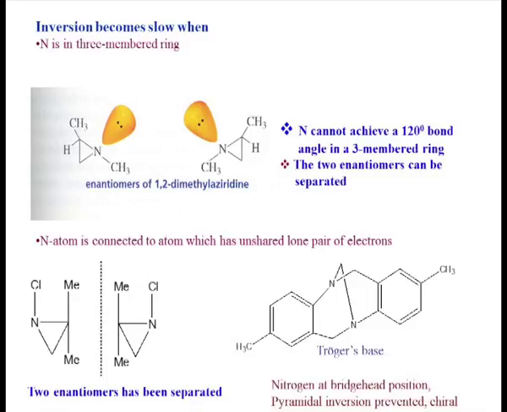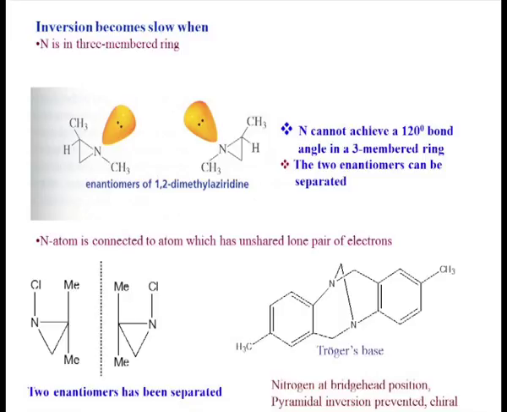That is, inversion becomes slow when nitrogen is in a strained ring, that is a 3-membered ring. In that case, unlike ammonia or substituted ammonia, the inversion will not be fast, but slower. Why? Because in 3-membered rings, mostly 60-degree angle, the Baeyer strain, as per Baeyer strain theory, will be very strenuous. So, to convert it to the sp2 hybridized form, because sp3 cannot go straight to the other sp3, it will have to pass through that sp2 form, sp3 to sp2, then another sp3.